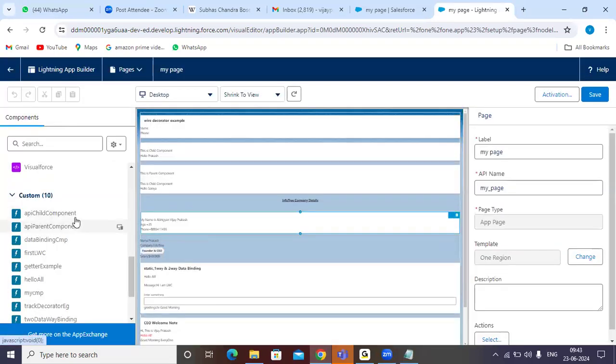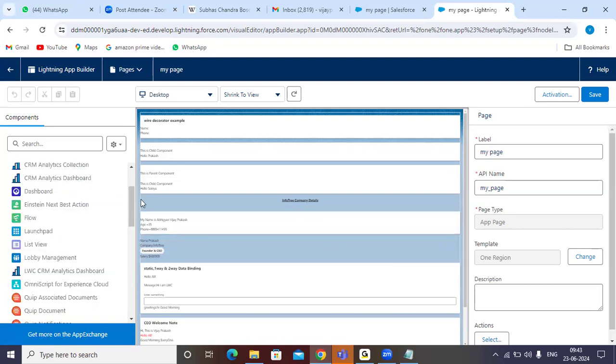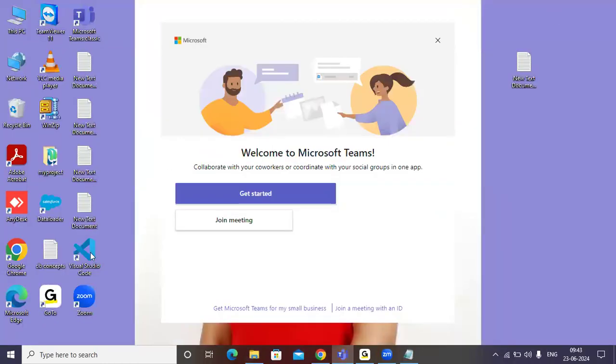Yes, sir. So where we written this program? This program's logic I written in where? In Visual Studio. So open the Visual Studio code.